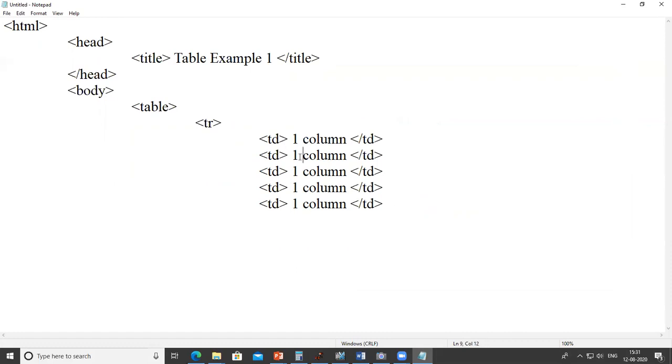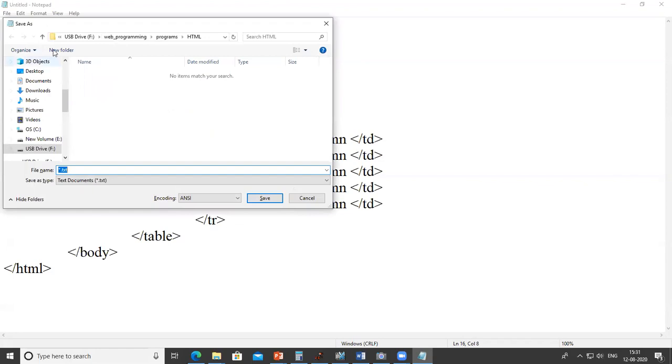Here I change it to second column, third column, fourth column, and finally the fifth column. After that I close TR, and then I close the table. We close the body tag and finally close the HTML. So this is a simple example of a table.